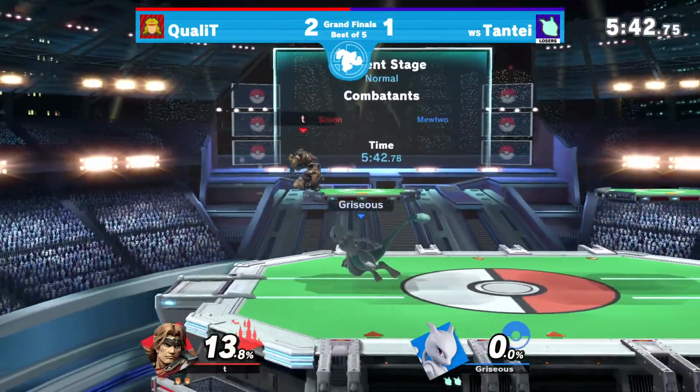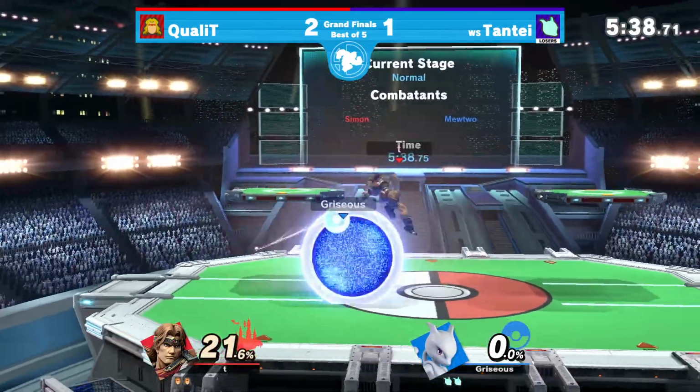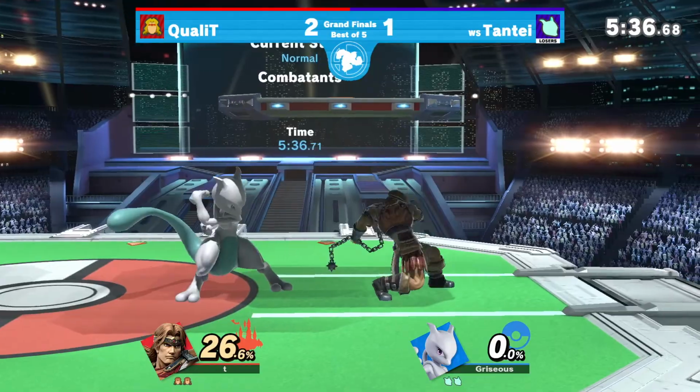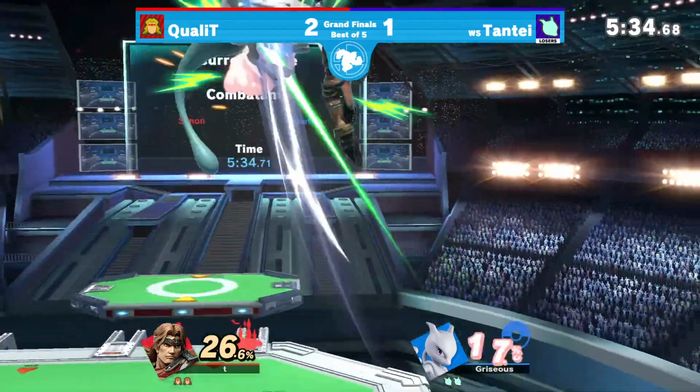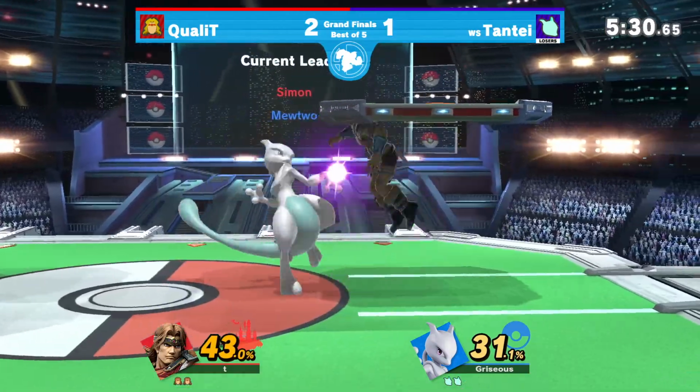Yeah, here we go, getting into the second stock, back to an even game, and back to neutral. I really don't know how this is going to go. It looks like QualiT has done such a good job of adapting, especially from the first set against this Mewtwo. So Tantei is going to have to play out of his mind to stay in this grand final set and